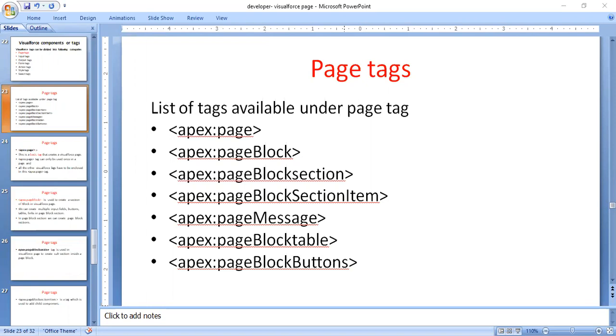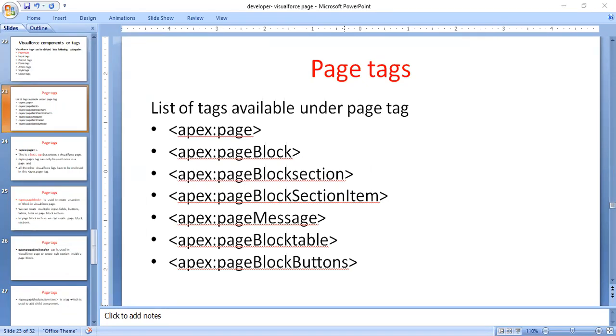Let us assume you have a command, apex:commandButton. I'm going to write apex:commandButton. This command button has a value, for example, I'm taking the value as Save.